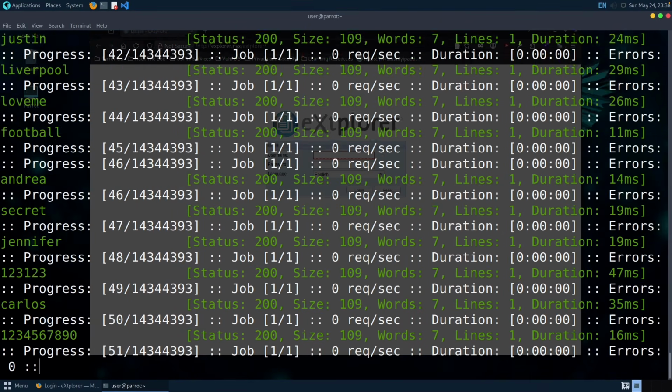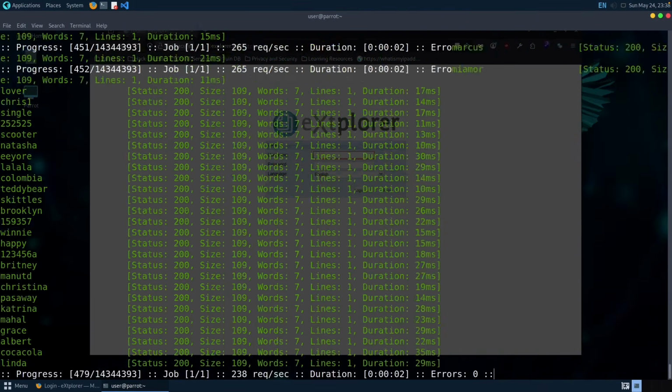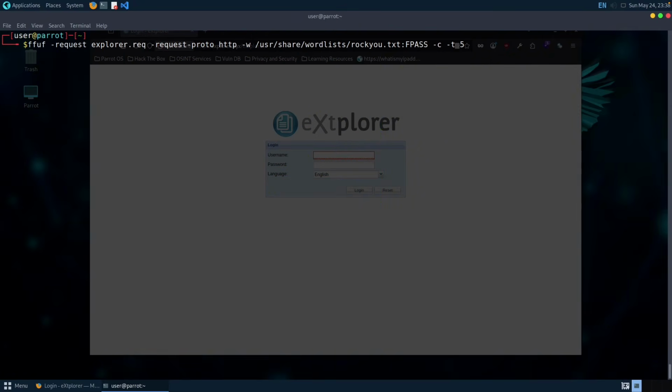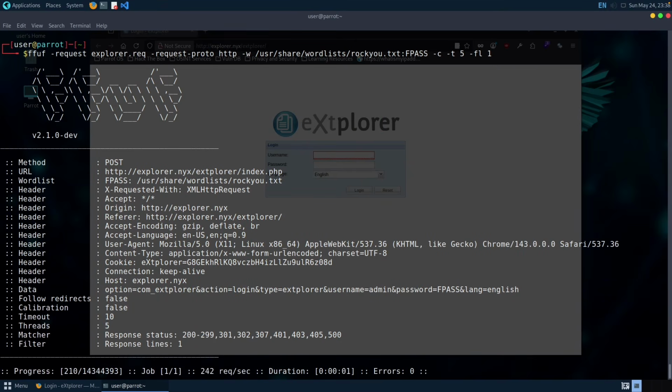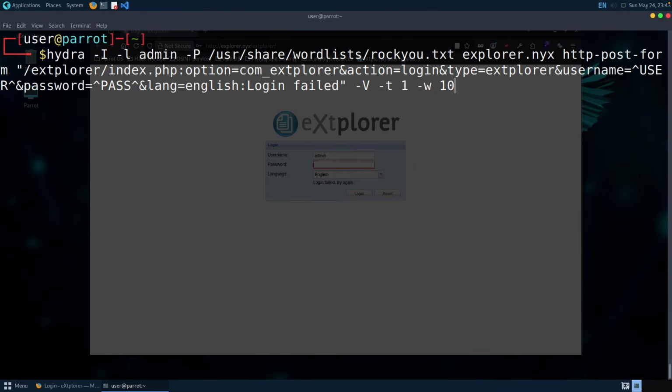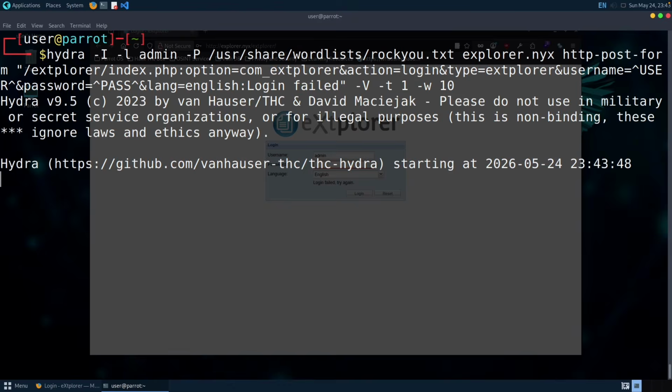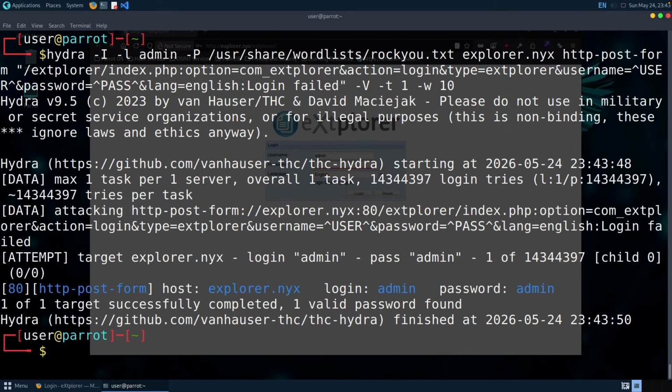So if I perform this request, oh, okay, we might need to filter that out. So let's filter that. Okay, we need to filter out by 1. Okay, let's try that. I mean, come on, really? So if I go ahead and run this again, you can see here it's going to try all those combinations,